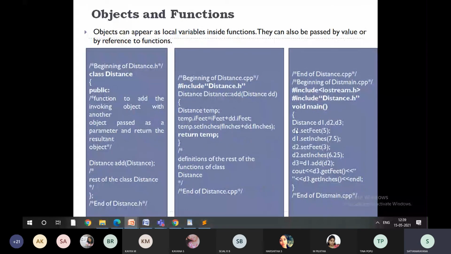You can see here, the moment you create these objects with respect to the class called Distance, the constructor will get created automatically.